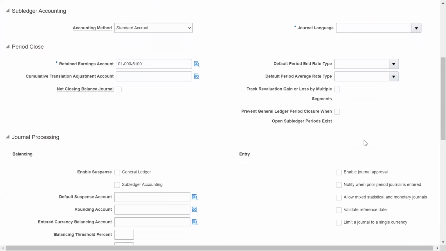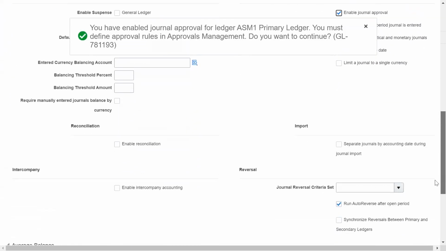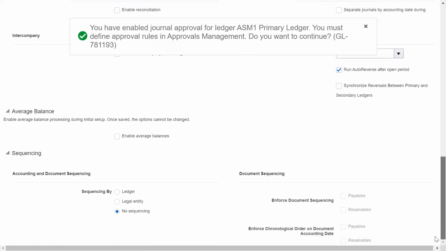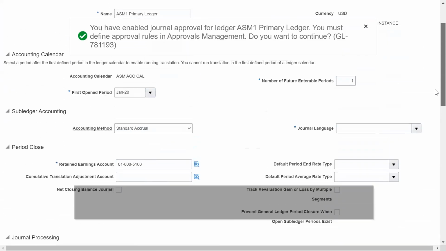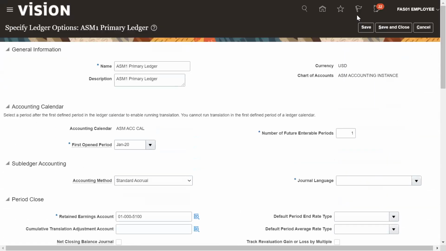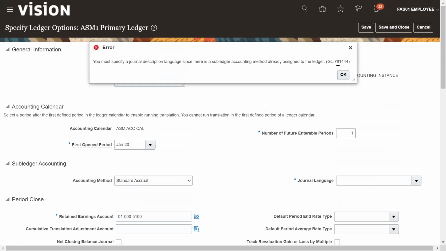So if you want to enable the journal approval for your ledgers, for all the journals, you need to enable this enable journal approval flag, and then you need to select all the other options if you require. So rest of all, the not mandatory, all the other ones are optional. So let's save and close, and then